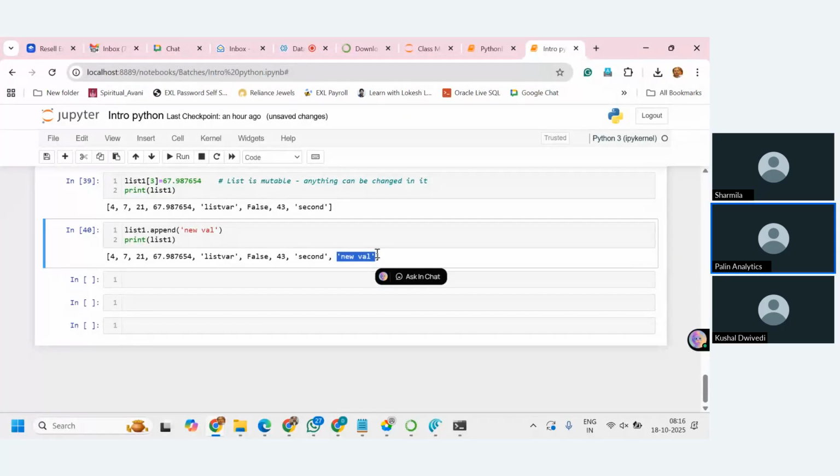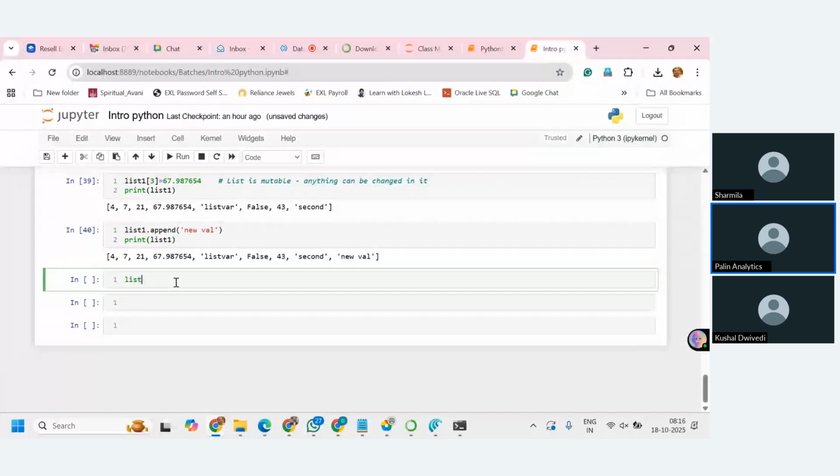Okay, so like this, you can add the new values also. Yes, this is how we can append, right? And then, suppose now list one dot, and if you want to add multiple values, so for example, if I am